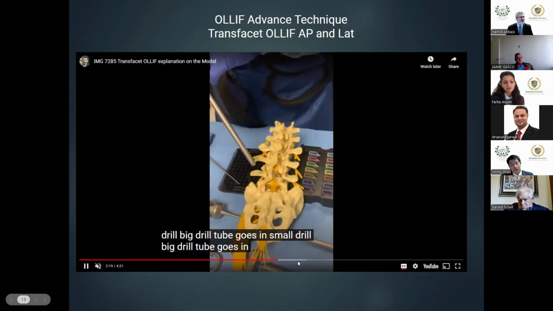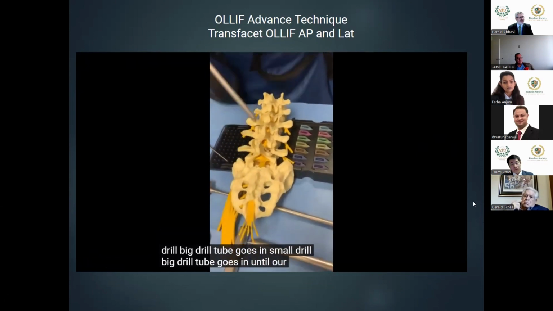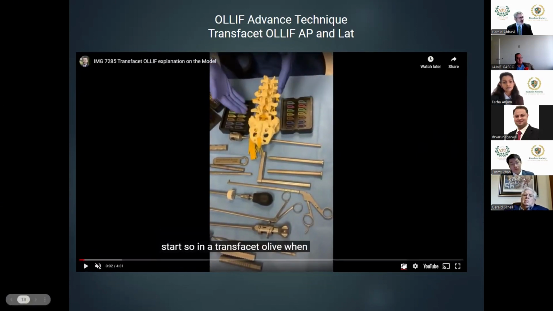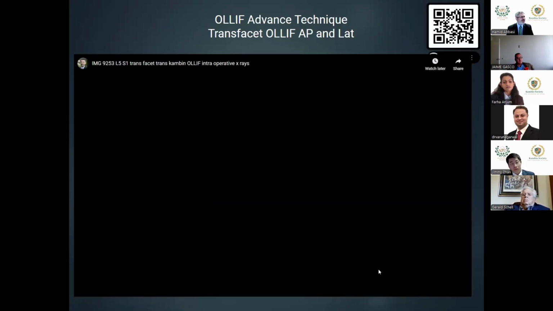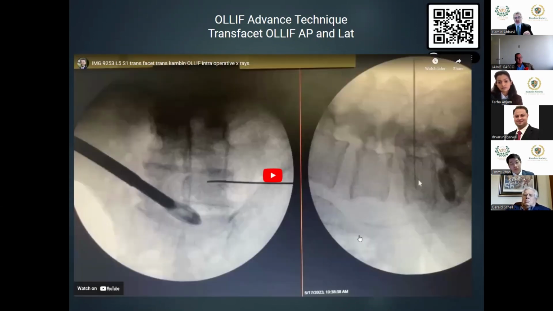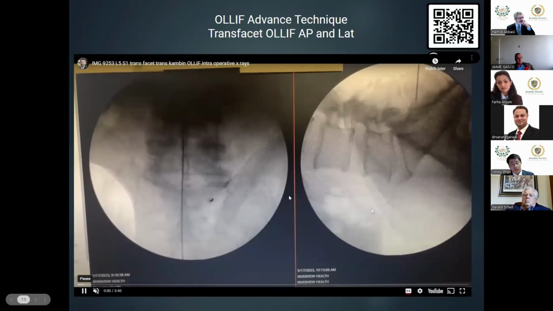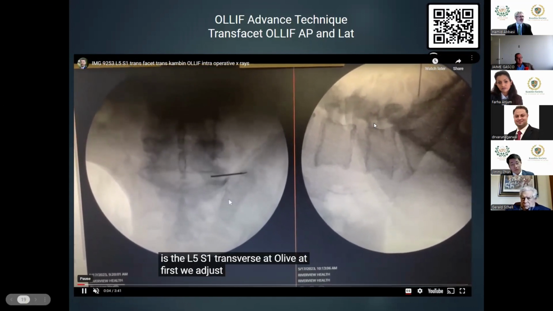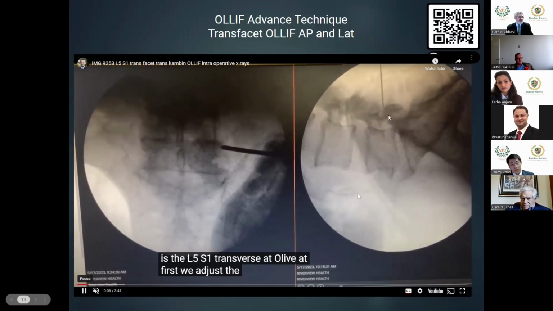Again, we have published a paper. We have a lot of videos, in the sense that we should be efficient. I'm just going to go to the next slide, where you see an actual X-ray of this procedure. So I'm going to explain it to you. You practically, I still use my